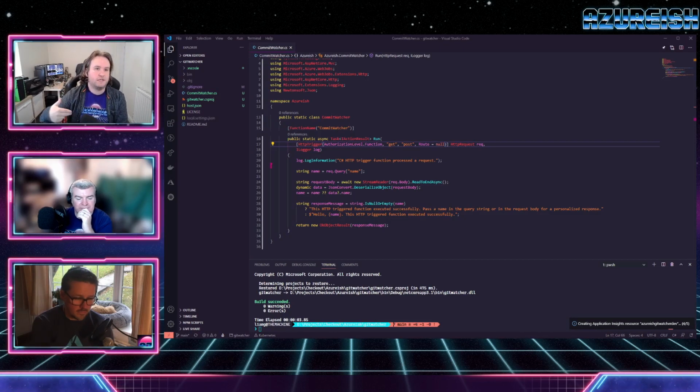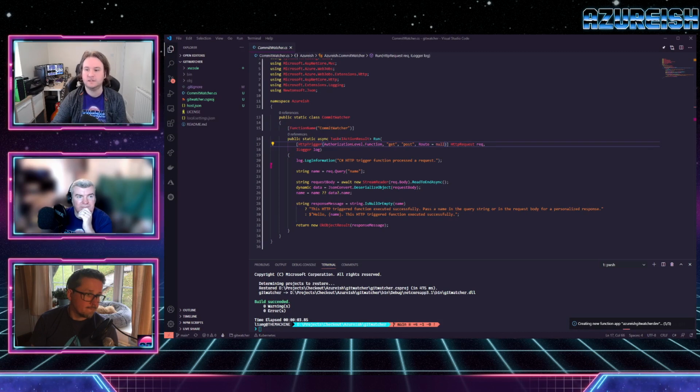I've gone right click, deploy to new Azure function. I filled out all the information, so what it's going to be called and so on. And at the moment, it's actually going through and deploying that into Azure, which we'll go and have a look at in just a second. I don't know what resource group it's going to go to because it didn't ask me. No, I can see it in the right one. I've refreshed my.